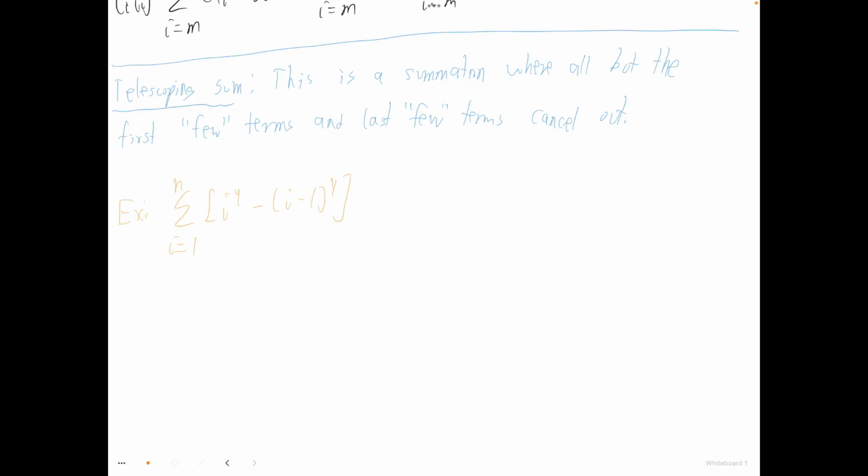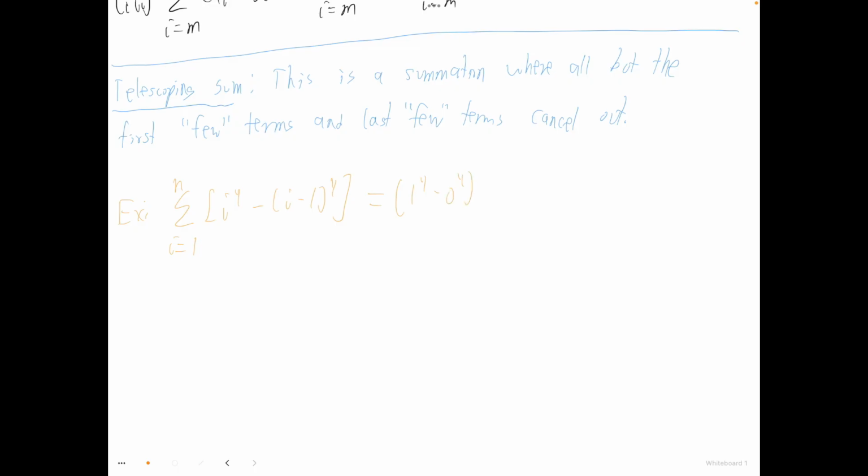Now the hint of whether you have a telescoping sum or not is if you have a difference of two things that are going to repeat the same values a lot. So like these only really differ by 1 and then we're taking it to the fourth power, that's a good sign it's telescoping. And if we write out some of the terms, this would be like 1 to the fourth